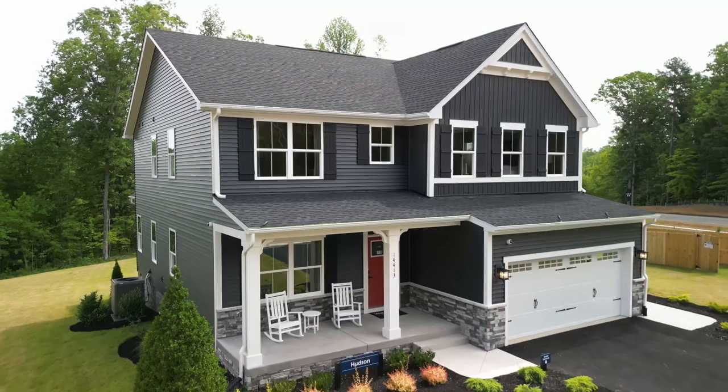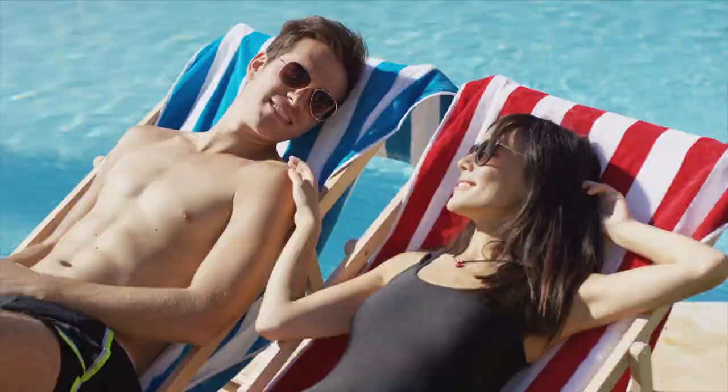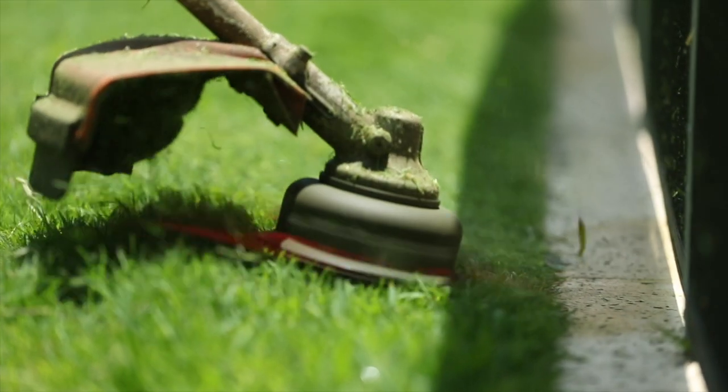Hi, welcome to Heritage Grove, the only single-family home community in Calhoun featuring maintenance-free living. Experience a range of thoughtfully planned leisure amenities, from resting by the pool to exploring scenic walking paths. Whether you're unwinding or staying active, you'll find the perfect balance of relaxation and recreation. Plus, with lawn care and maintenance included, you'll have more time to focus on what matters most, living your best